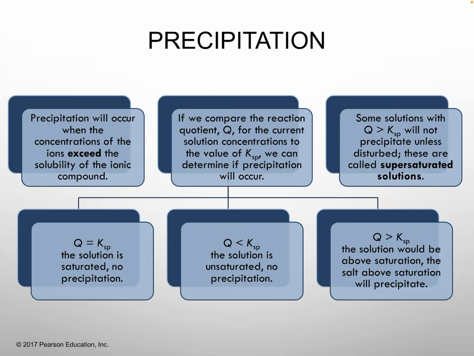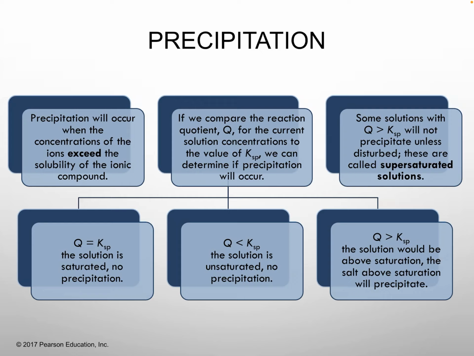This will be for insoluble solids, and we've talked about what insoluble really means. We're always going to compare the reaction quotient Q to our KSP. If you'll recall from when we were doing equilibrium really early on, we said Q was when we weren't sure if it was at equilibrium. It could be, but Q was just our concentrations at any given point in time. The same will be true here. We'll calculate Q the exact same way we calculate KSP. Essentially we're calculating KSP, but we're going to call it Q or QSP, and we'll compare that